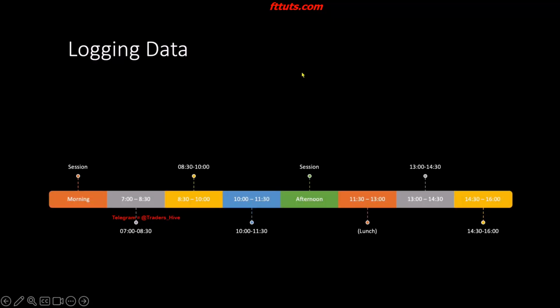What we can also log then is the following. Well, we know that we can log the exact price level at which the market reversed, and we can, for example, log if the market trades into a higher time frame PD array. But what we can also log is, okay, if let's say we took a trade during the third cycle of the morning session, during 10 to 11:30, what we can say is, okay, well, let's say we took a market maker buy model trade, and the market first of all traded below the low of the 8:30 to 10 time cycle low, and we see a purging of liquidity occur.